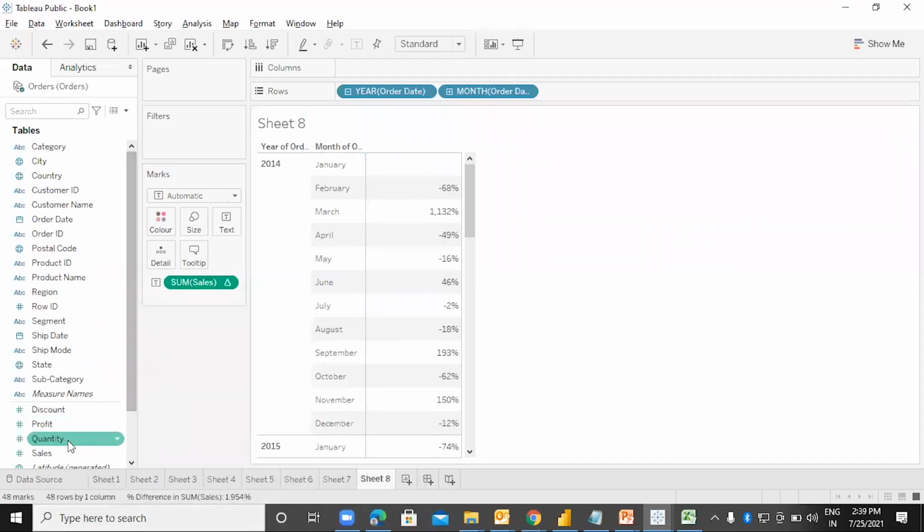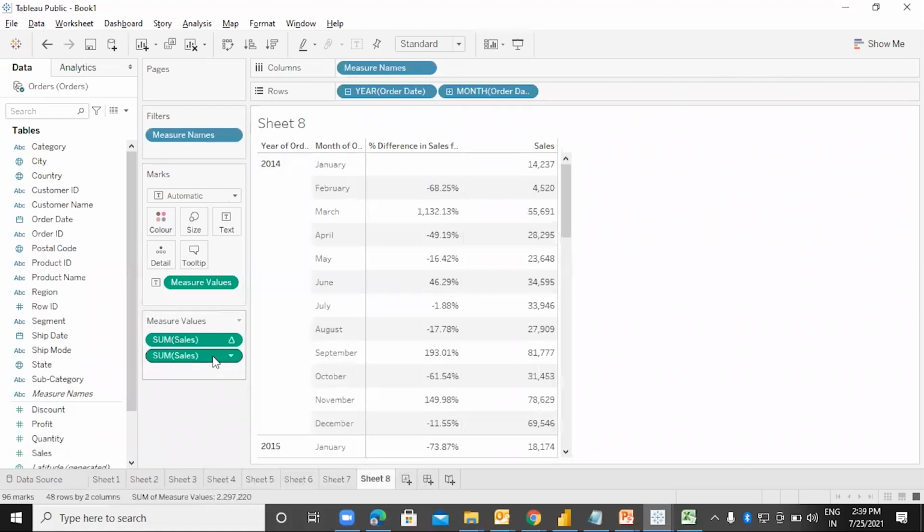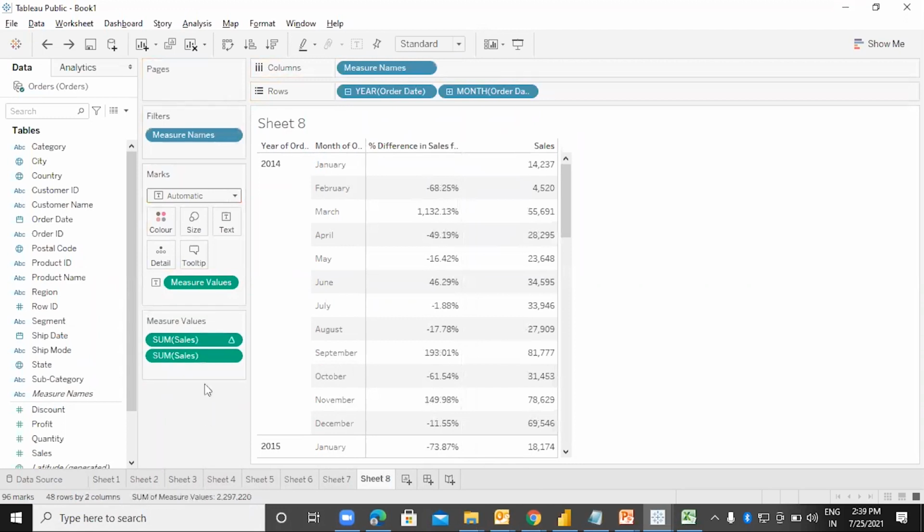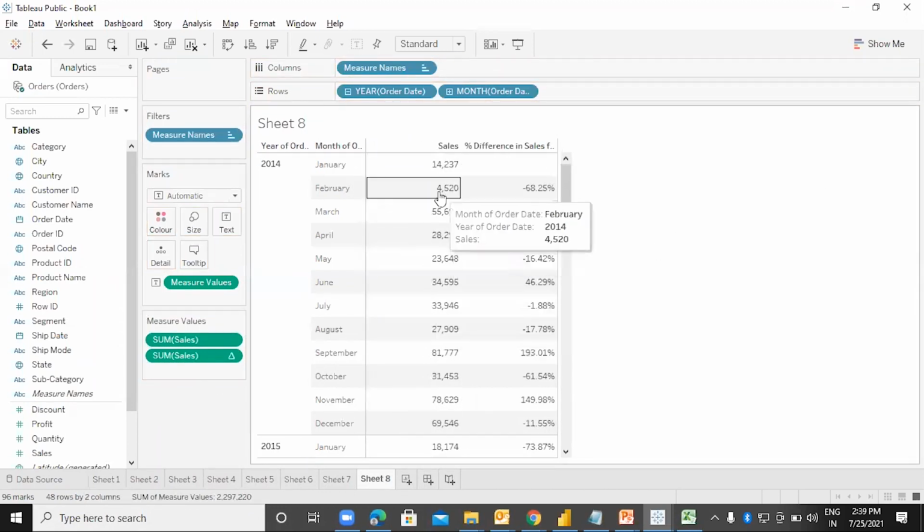And let me take the sales once again. Okay, so sales, let me put it over here down. Yep, it looks better. So now see what it is saying. In January 2014, the sales was 14,000, but in February it was just 4,000. So it is saying that there is a dip in sales by 68%. Comparing the sales of January and February, the sales in February has dipped by 68%, but in March the